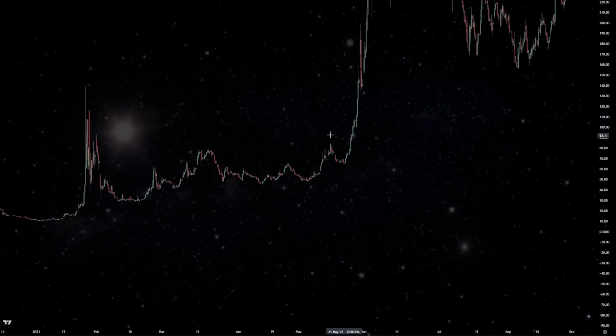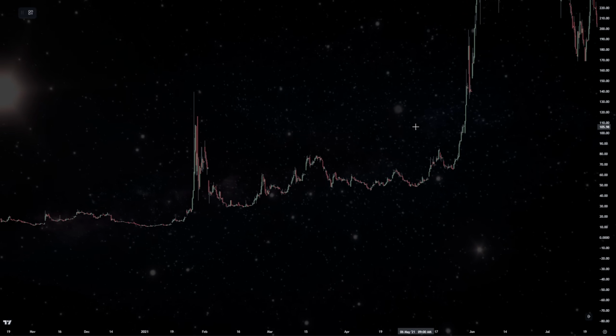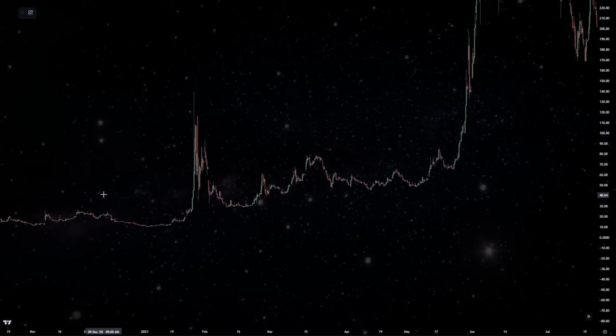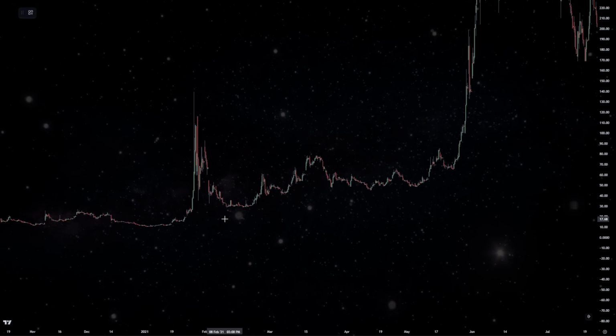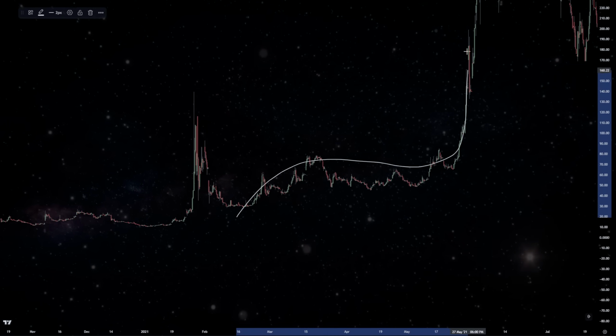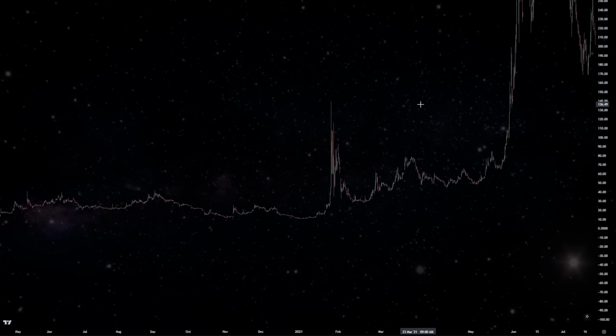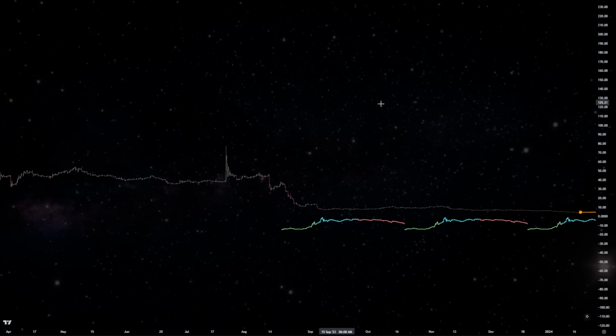But if you take a look at what some of these other markets have done, right, the crypto markets, for example, they started back in October of last year. They went up, they traded sideways, accumulated, and then they went up even higher. And that is what we're seeing right now with the meme stock. It's the same thing.